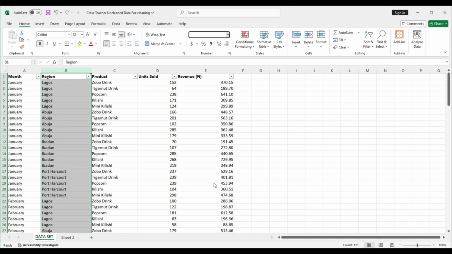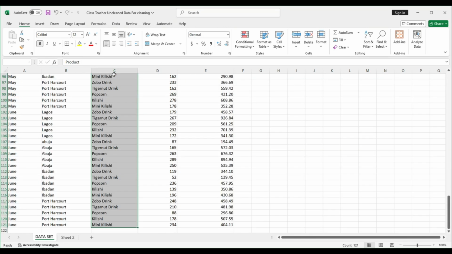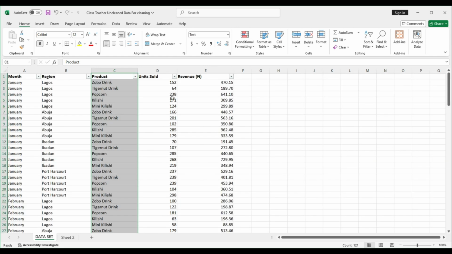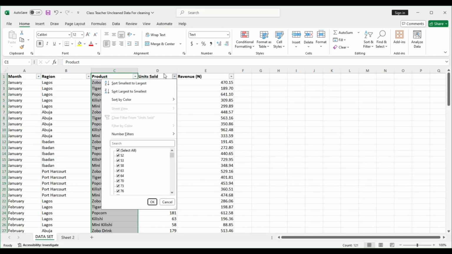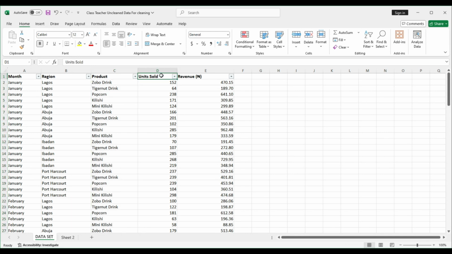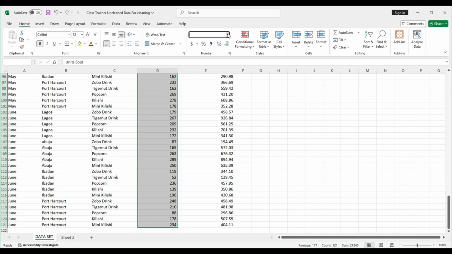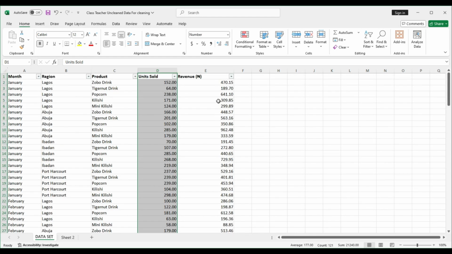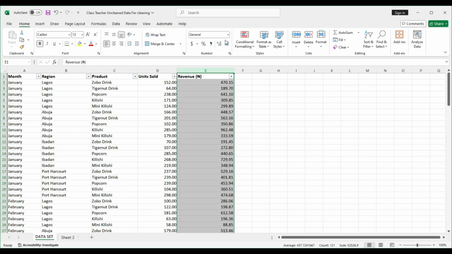Let's do text because text, then products. Let's do products. Let's do text also. Unit sold. Now, unit sold will be what? Unit sold will be in numbers. Then revenue. Now, revenue can be in currency and can be in numbers, depending on accounting, revenue, or